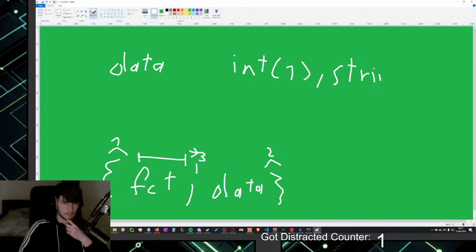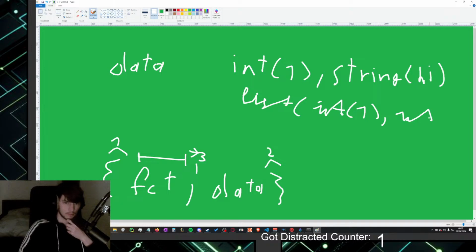String hi, and list int 1, int 2, like this, for example.